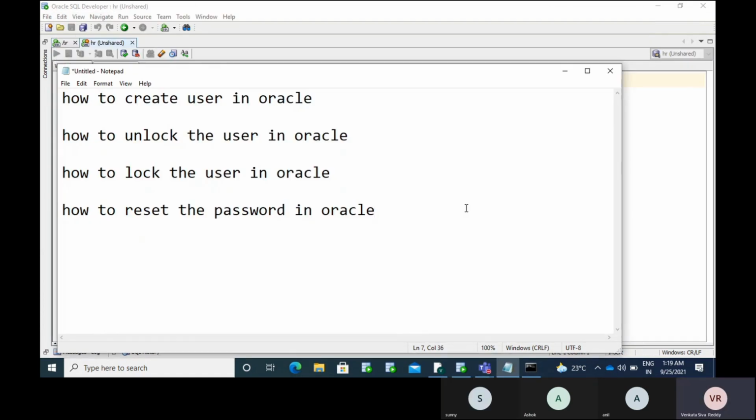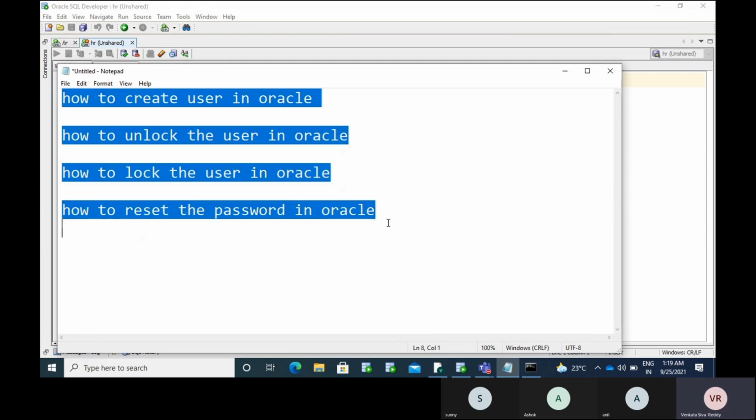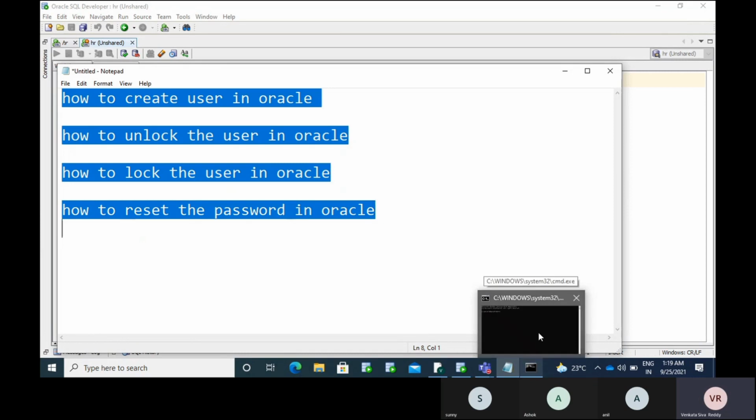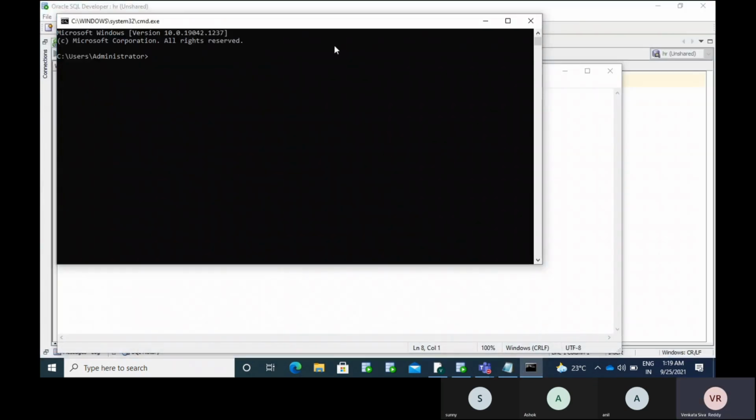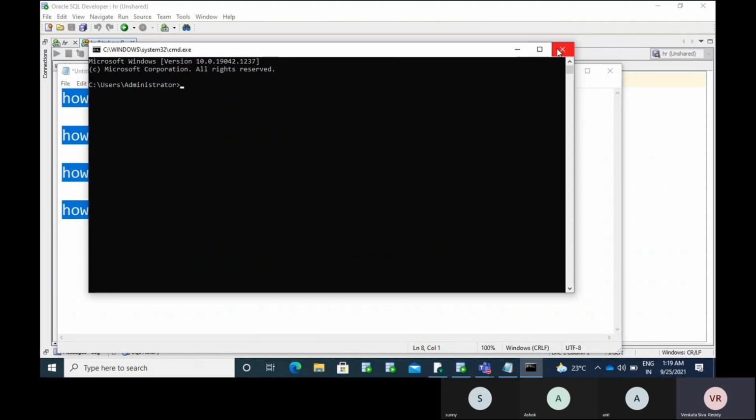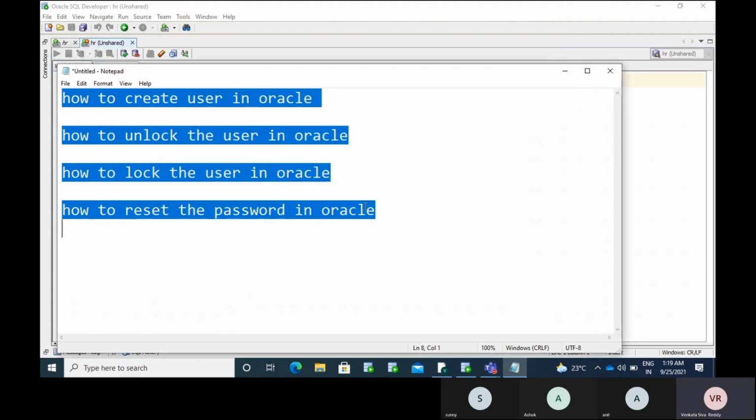We will see how to create the user in Oracle, how to unlock the user, how to lock the user, and how to reset the password. If you want to do these activities, we need to connect as the admin user first. Only the admin user is able to do these things. So first, to connect as the admin user,